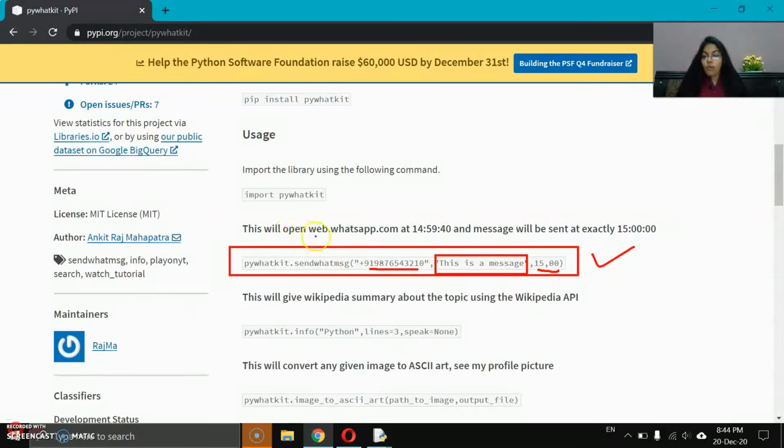This will open web.whatsapp.com at this time, and the message will be sent exactly then. Meaning, the time you have scheduled, 20 seconds before that WhatsApp Web will already open. Okay, suppose we set 15 and 00. What does this represent? 15 hours